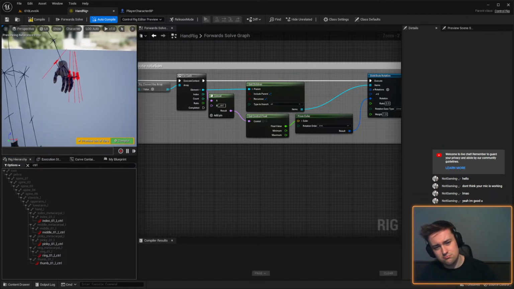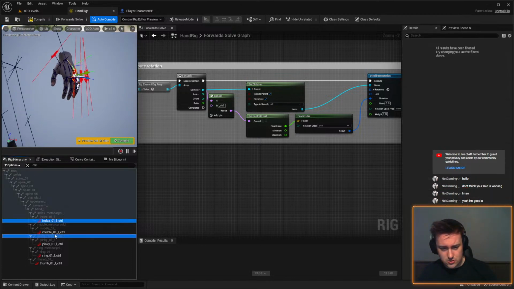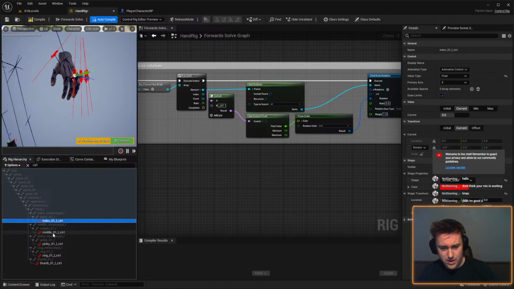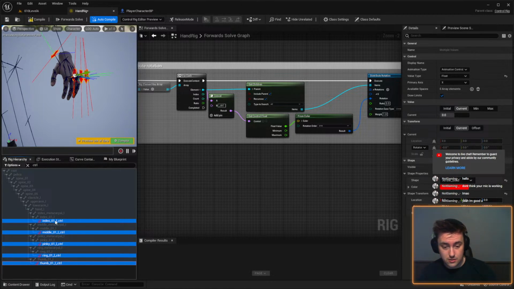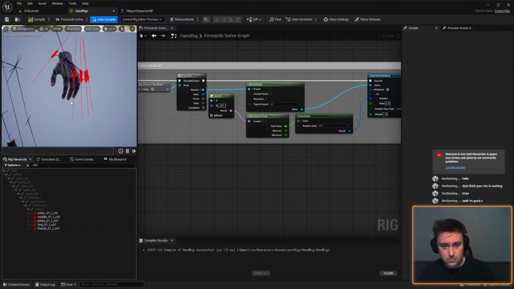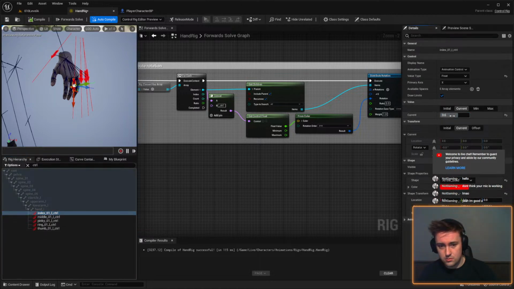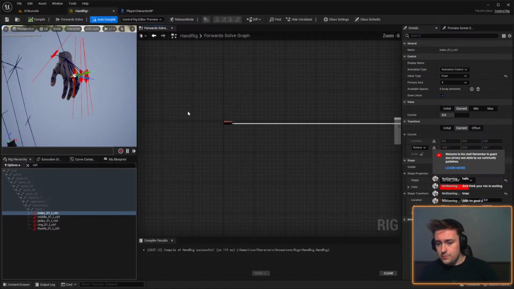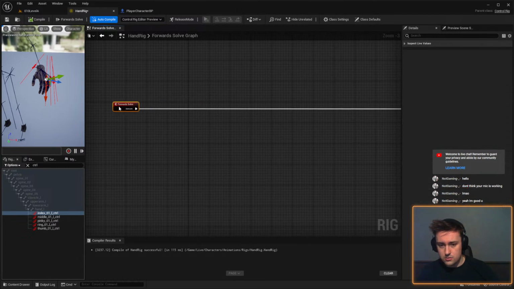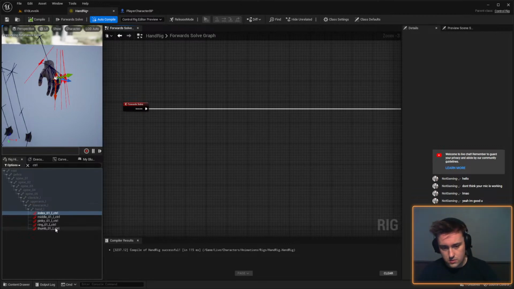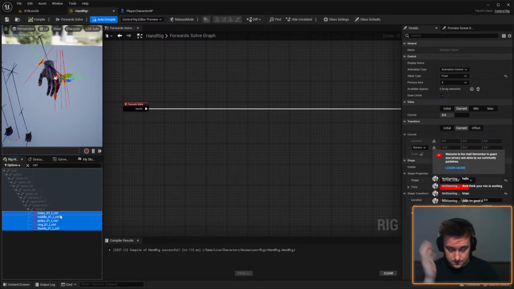That can't... Can I just not just like... Should I parent them? Parent them to the hand. There we go. Okay, but it's going to be easier if I use variables because then I can, for some reason, do it in real time. Don't know why I can't do it using the controls, but